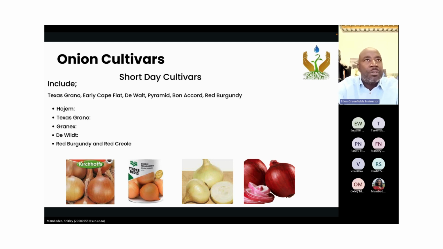Texas Grano as well. Texas Grano is an early to mid-season cultivar that yields heavily with extra large top-shaped bulbs. And it takes also around 220 to 230 days to maturity. So